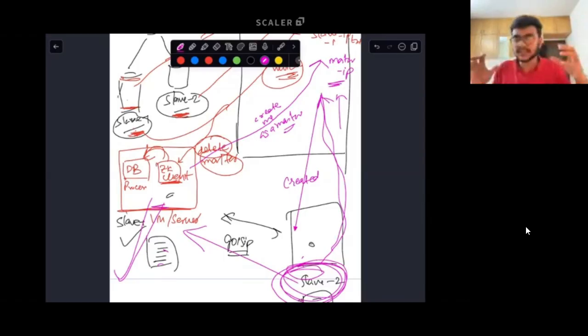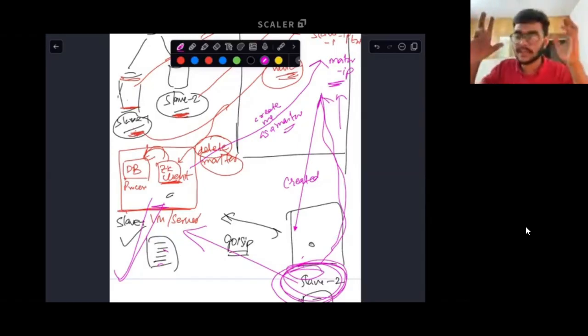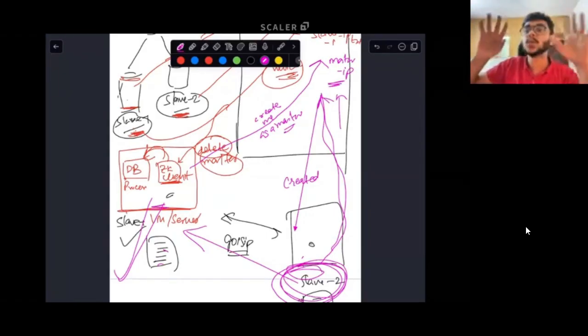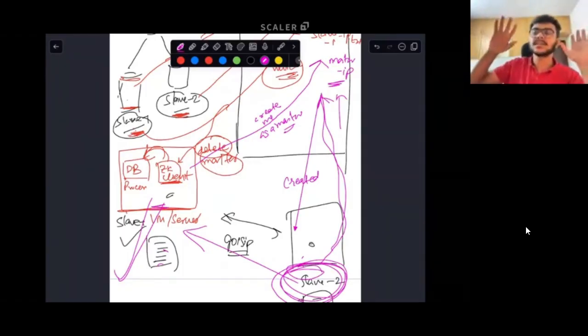Whichever slave wins in this leader election process will send a write request. It will say, hey, let's create this master IP file. As soon as that file is created, the new master IP file will exist, and all the other slaves in my cluster who had set up a watch will again get a response saying, hey, this file is created and a new IP address has been created. Make this your new leader.